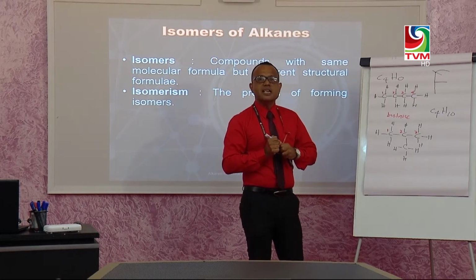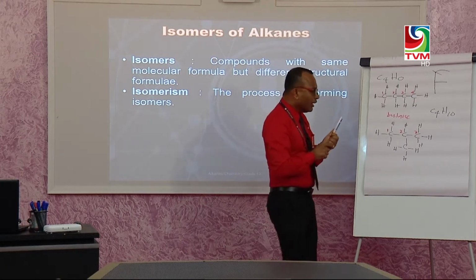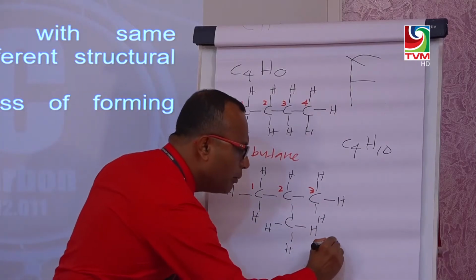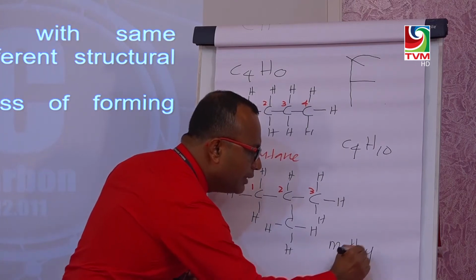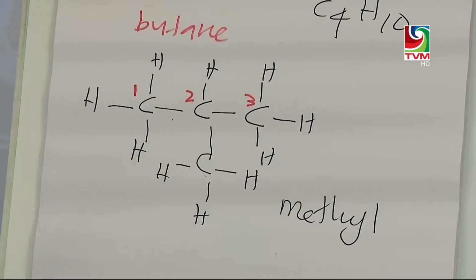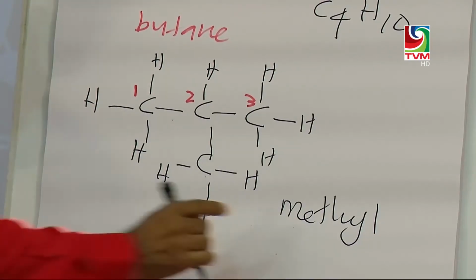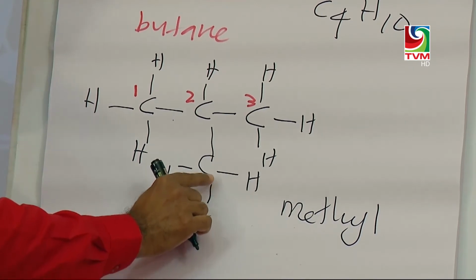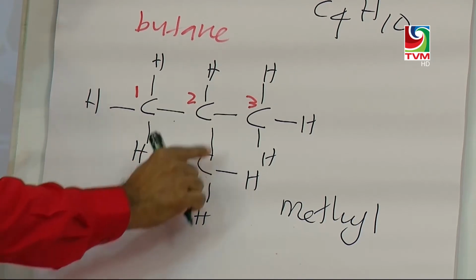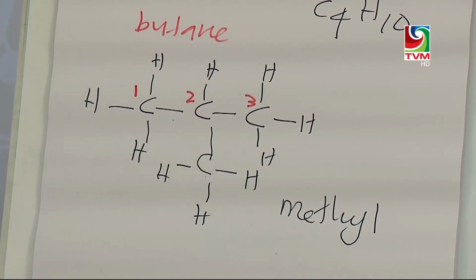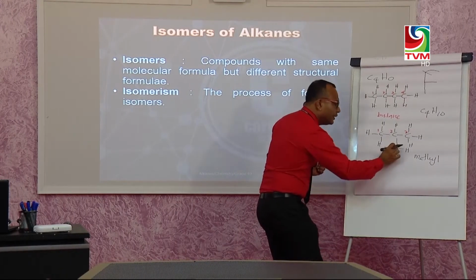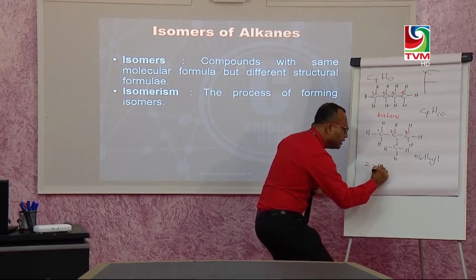It means a branch. The branch has 1 carbon and 3 hydrogens and is called methyl. We know methane has 1 carbon and 4 hydrogens. Once methane loses 1 hydrogen, we call it methyl. The methyl branch is located on carbon number 2. We need to include all this information in the name: location of branch 2, then name of branch, methyl.